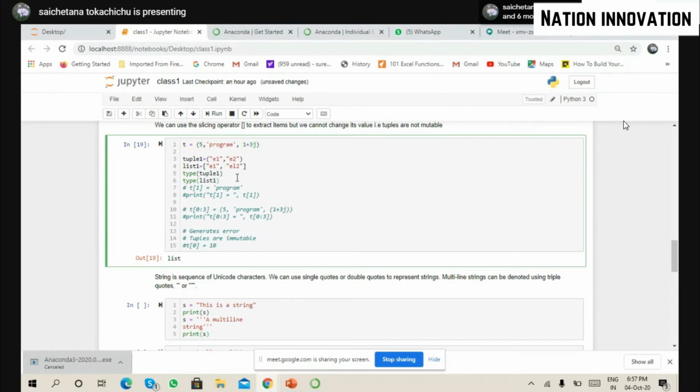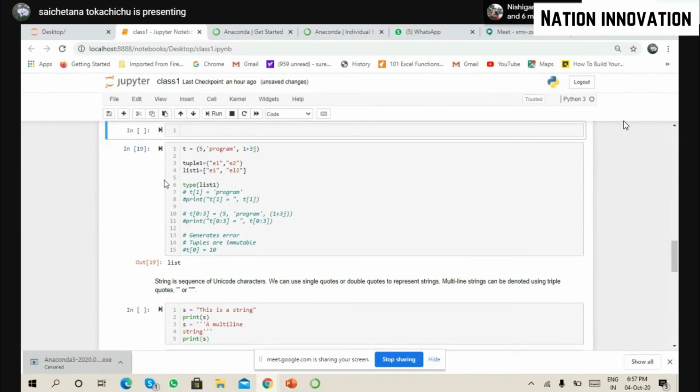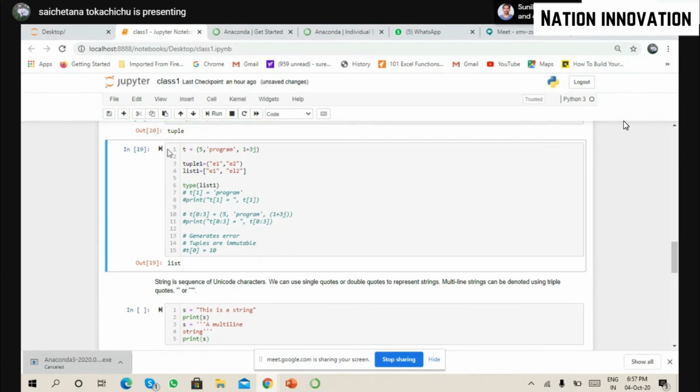You have to remember this very clearly, because I have typed this also and this also, and I'm not getting them. I'm only getting the output for type of list one. Why? Because after running this, only the last output is displayed at the end, whatever is the last operation you are doing. So to get the result of this and this, obviously I'll have to create a new cell and run it. Only then will I get the display of both of them together.